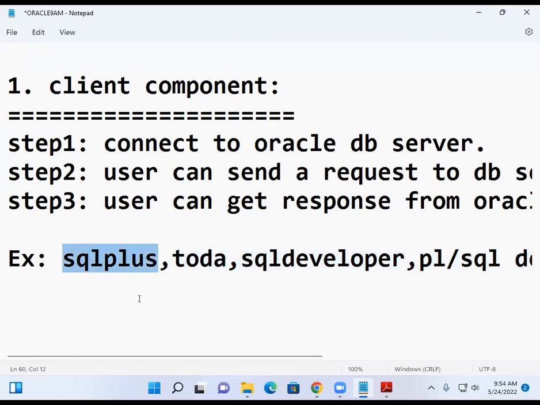It means that SQL Plus is completely CUI. What is the full form of CUI? Character User Interface. That means each and everything I want to do or perform should be performed by using some query, some writing of coding. So when you do every operation by query, by coding, it is a big advantage to you